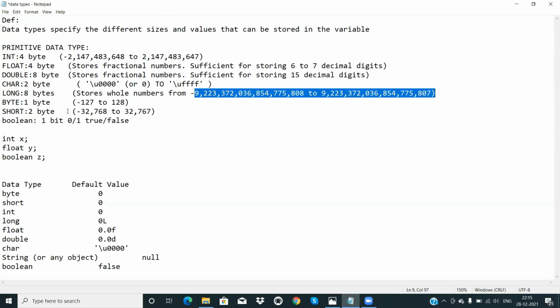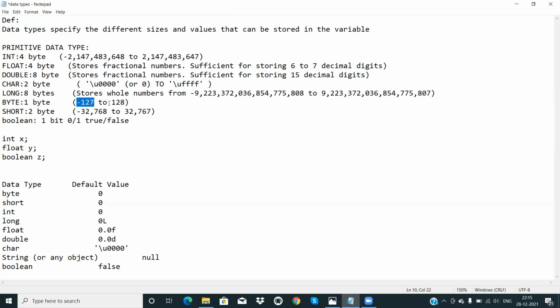If your number is in the range -32,768 to 32,767, then you should use a short. It only takes 2 bytes. If your need is really very small, then you should choose a data type depending upon your need.